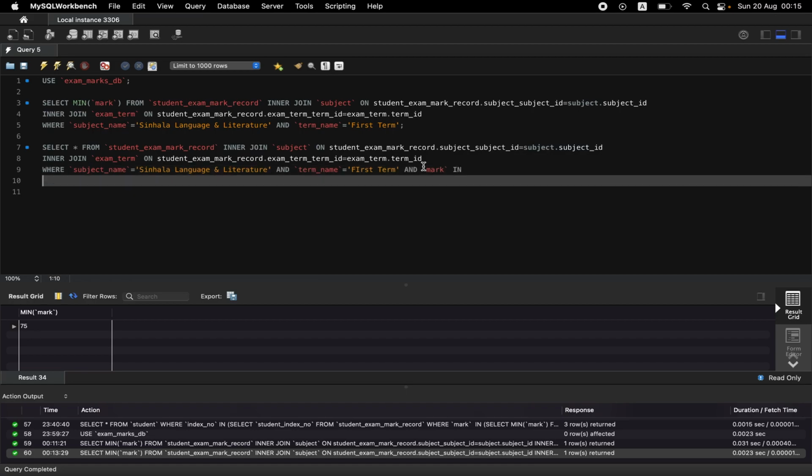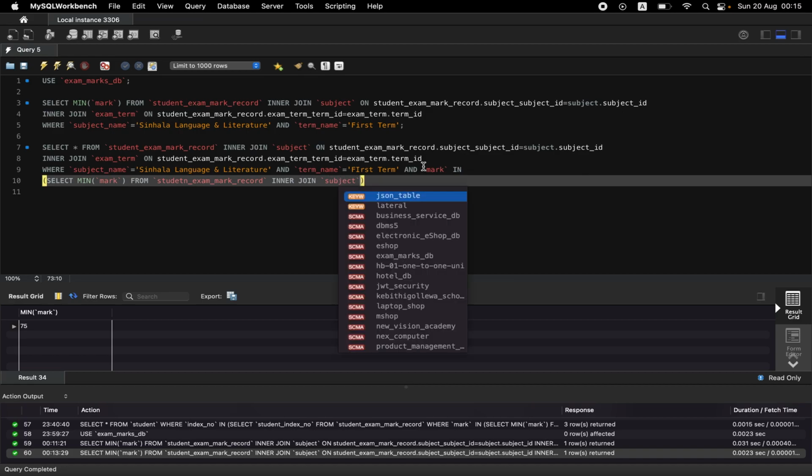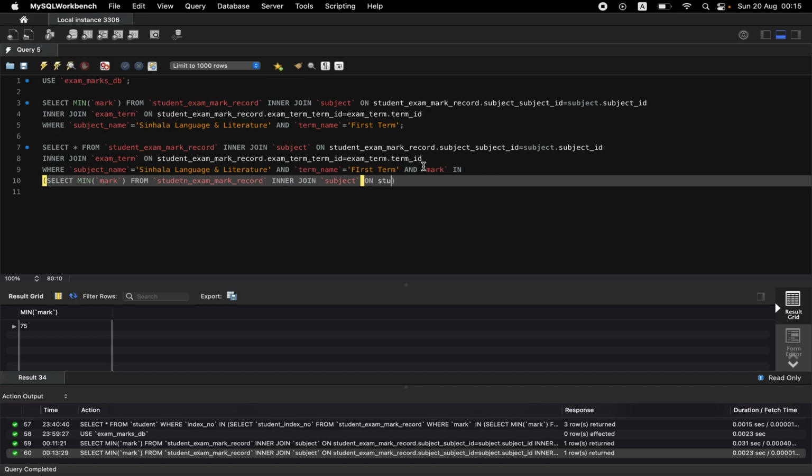In here I'm going to write a subquery to get the minimum mark. So select min, get the minimum mark from the student exam mark record table, inner join with subject table on student exam mark record subject ID equals subject dot subject ID,